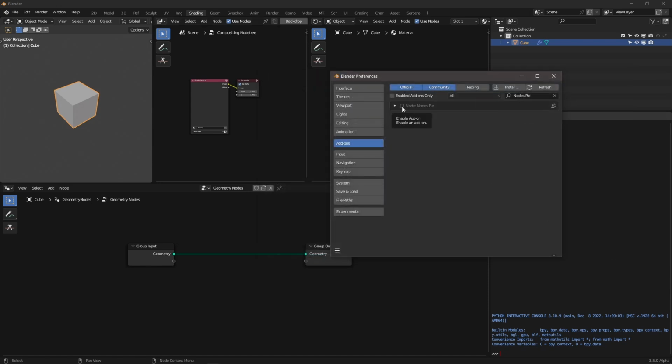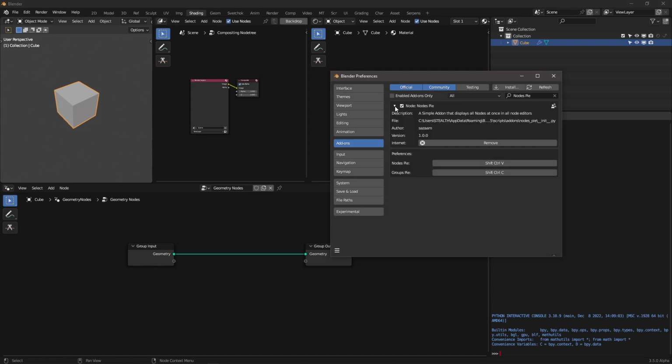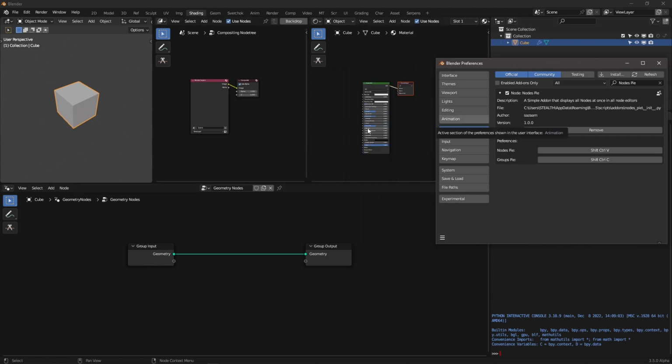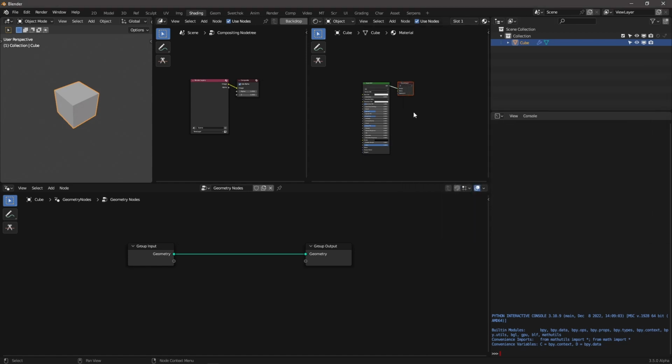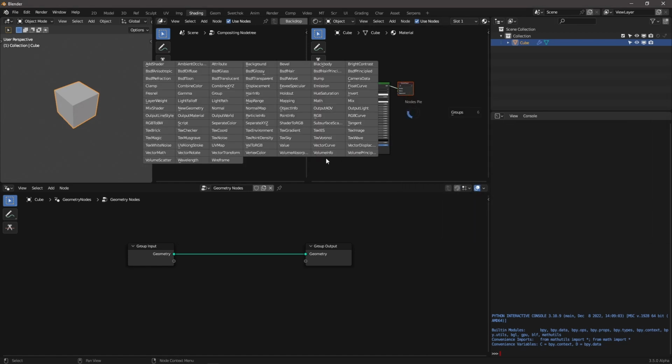And then you have to enable it. It doesn't come enabled by default, so you enable it, and then you can see, okay, there's this. So you can always remove it later. And then there are some preferences here. So these are the shortcuts for our functions. And what this is going to do basically is, I'm going to be in my shader nodes here. I can click finish on that, and then I press Shift V, and now I have all the nodes here that